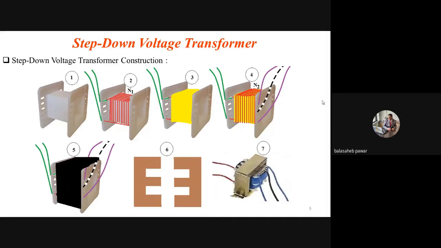For any transformer, you have to remember that power at the primary terminal always equals power at the secondary if it is an ideal transformer. But practically P1 is slightly greater than P2, or the primary power is somewhat greater than the obtained secondary power. What may be the reason according to you? Ideally P1 equals P2, but practically P1 is slightly greater than P2. Sir, due to losses the power reduces.